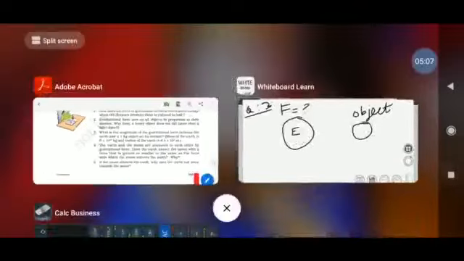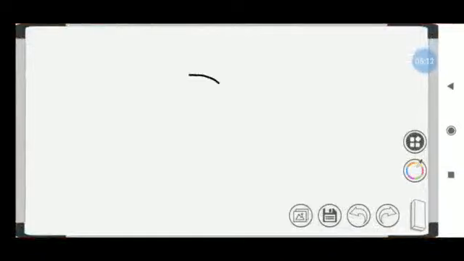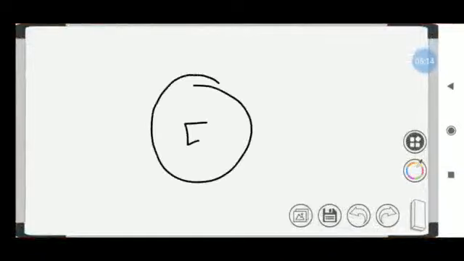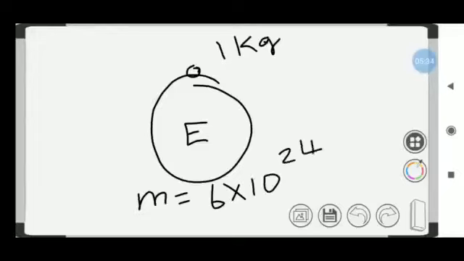Okay, that means this diagram should not come, so I will replace this one. So this is the earth. Okay, so here the object is present. Okay, so here I have this kind of only we can draw. And if you place this object, it is called 1 kg object. And yes, earth having mass somewhat 6 into 10 to the power 24 kg. Okay, so this is that question number 3.